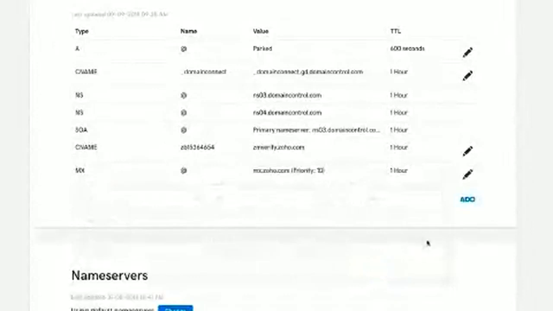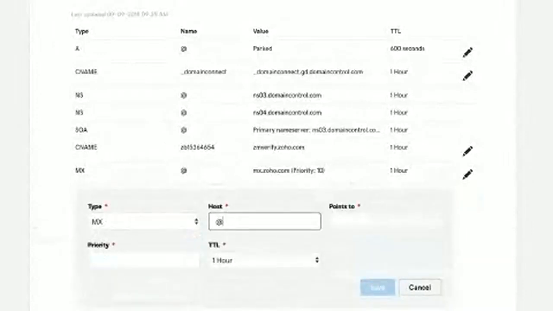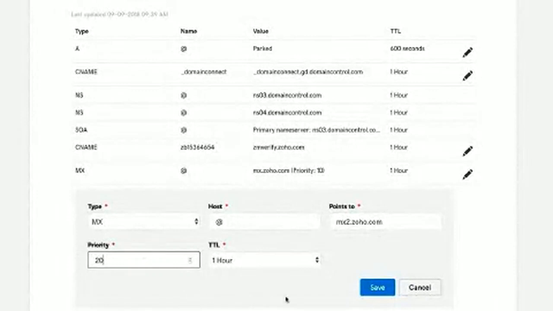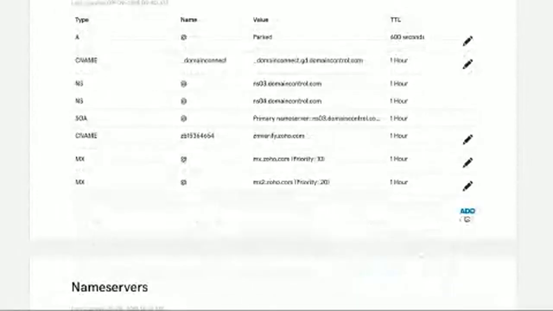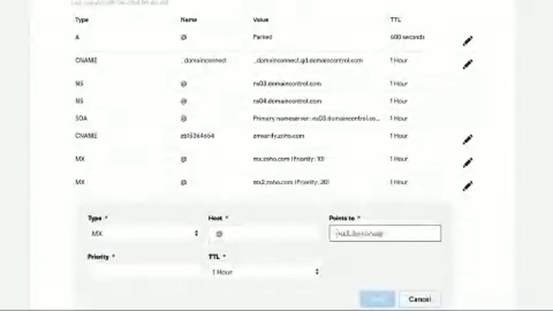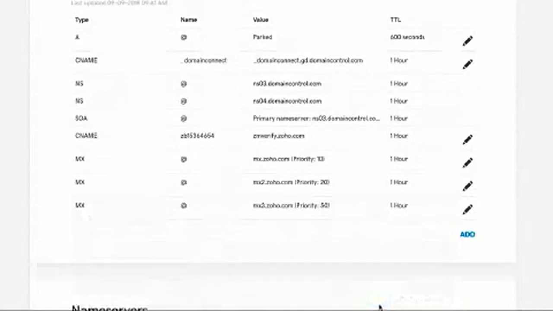Make sure you enter the right values. Likewise, enter the other two MX record values as well. You can see here that all the three MX values have been added with the right priorities.